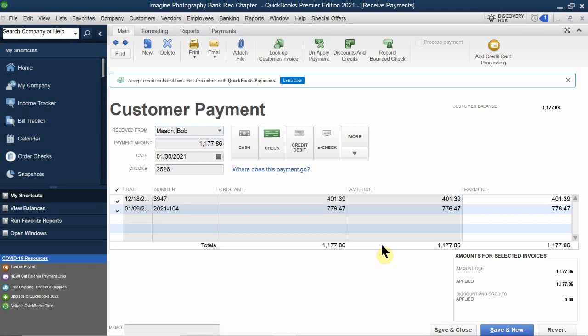for a total of $1,177, okay? Now, if for any reason you click on that back button and Bob Mason isn't the last person that you received a check from, then you're going to have to do your best to go through the information or go through the customer list, look up that person's check number, because the bank is going to notify you of this,